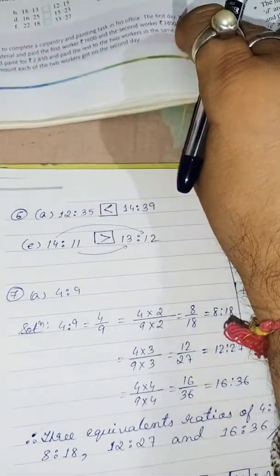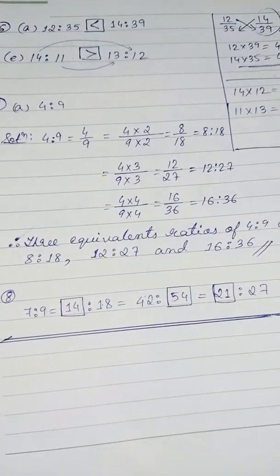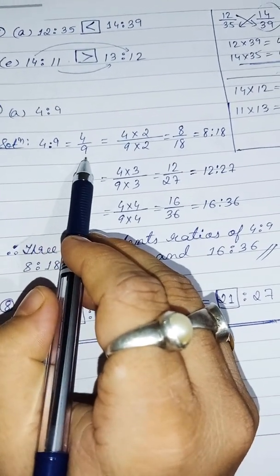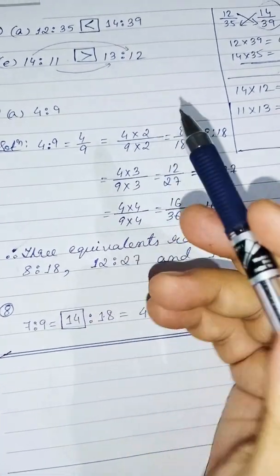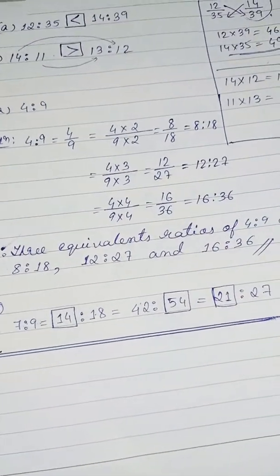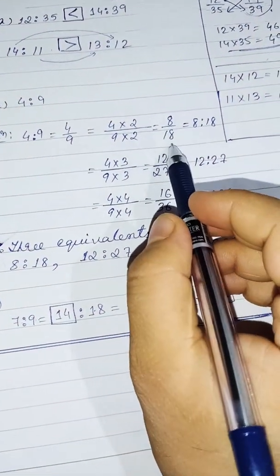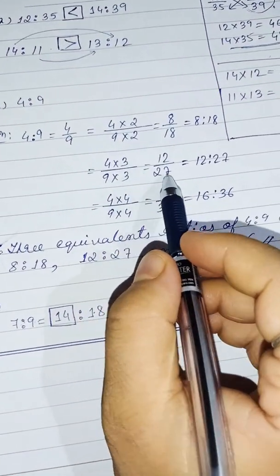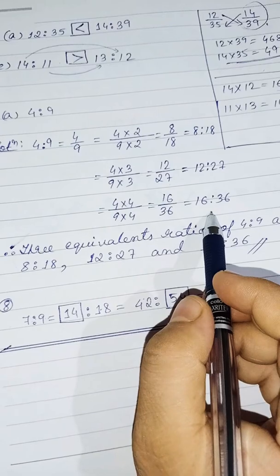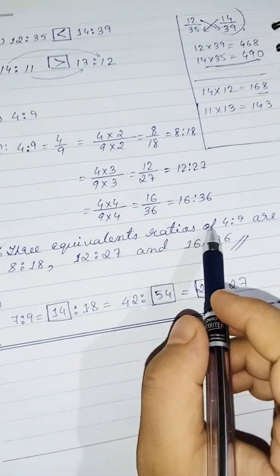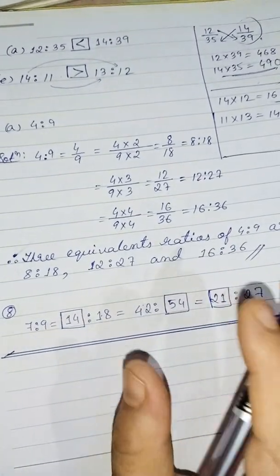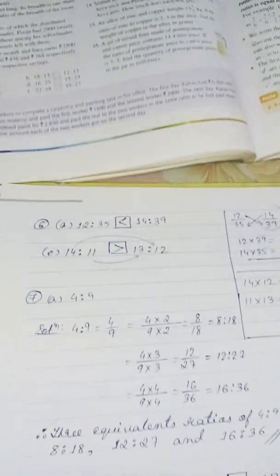And then comes number 7, write equivalent ratios. So equivalent ratios is similar to equivalent fraction, 4 by 9 which is equal to 4:9 which is equal to 4 by 9. So simply start multiplying any random numbers. I have multiplied serially 2 3 4, you can take 7 10 13, any number you can take. So first I have done with 2, it becomes 8 by 18 which is 8:18. Then with 3, so 12 by 27 which is 12:27. Then with 4, which is 16 by 36 and 16:36. So the three equivalent ratios of 4 by 9 are 8 by 18, 12 by 27, 16 by 36. So that is how you find out the equivalent ratio, same as fractions only.